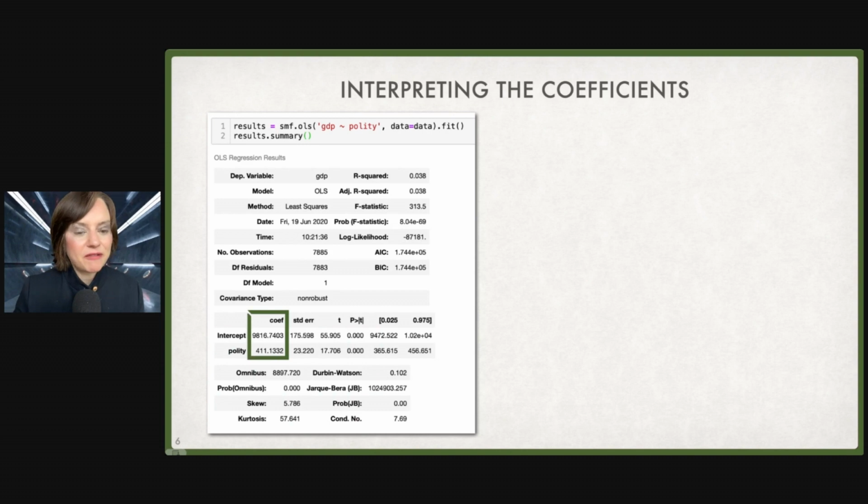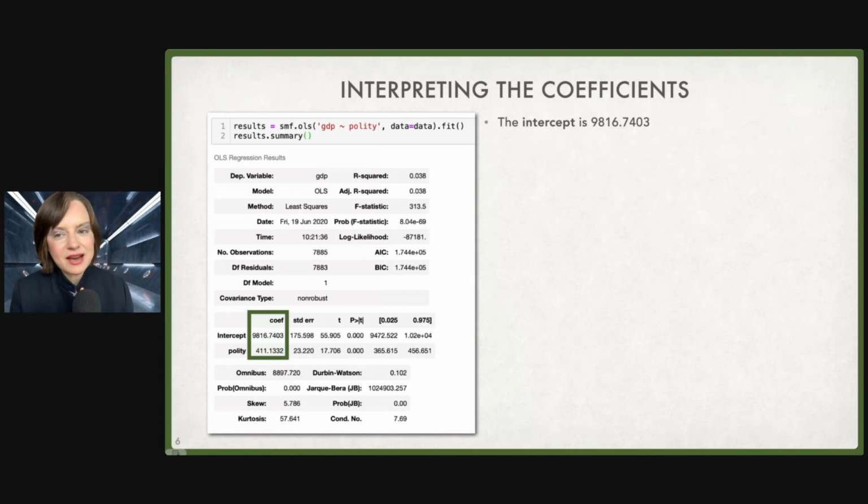All right. So a few things to interpret. We're not going to cover all of these. In future statistics courses, you will eventually get to all of these. So the intercept is 9,816.7403. The first thing I want to flag is that linear regression and many statistical analyses will offer a very, very, very specific number,